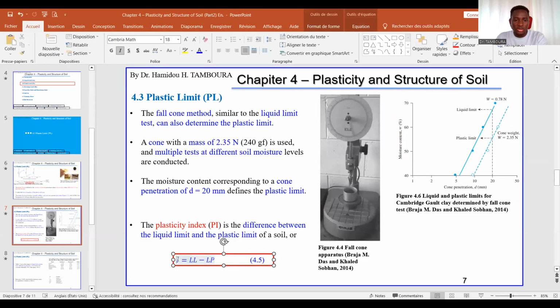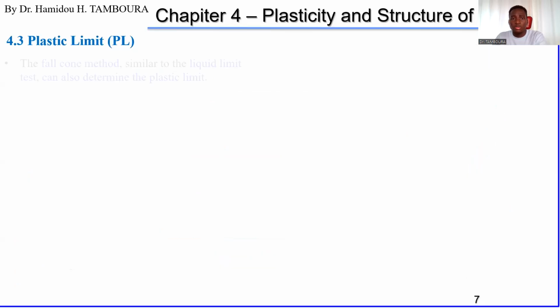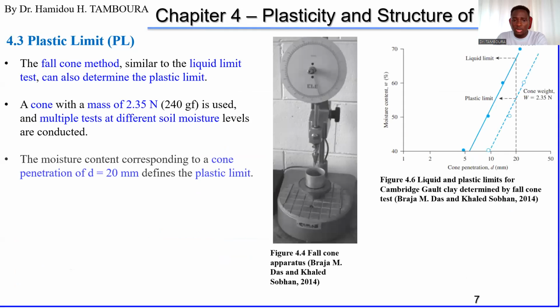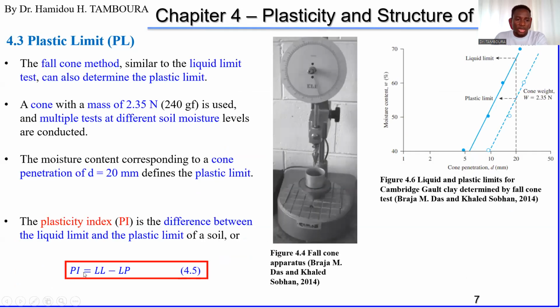Let me just arrange this. Plasticity index is used for classification of soil. We will talk about this classification later. Okay, PI. Okay, correct it. Liquid limit minus